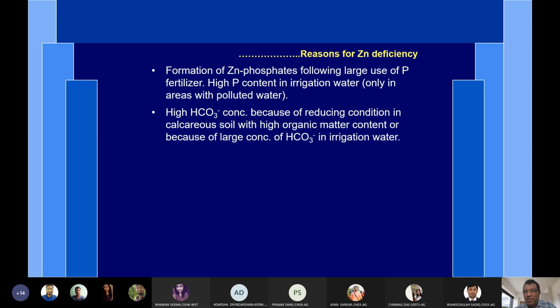But if they are in ideal ratios, if they are at optimum levels, then there is no problem with each other. They are friends. But if one gets more power, they will become enemy.